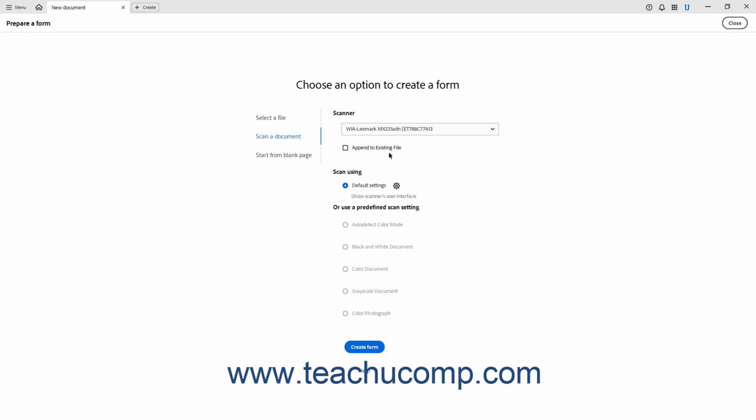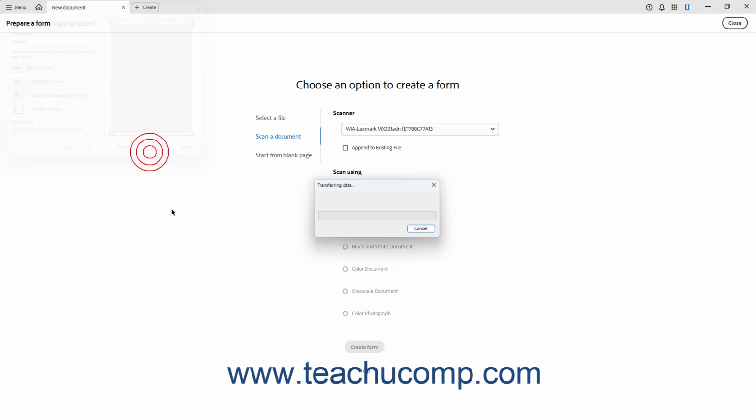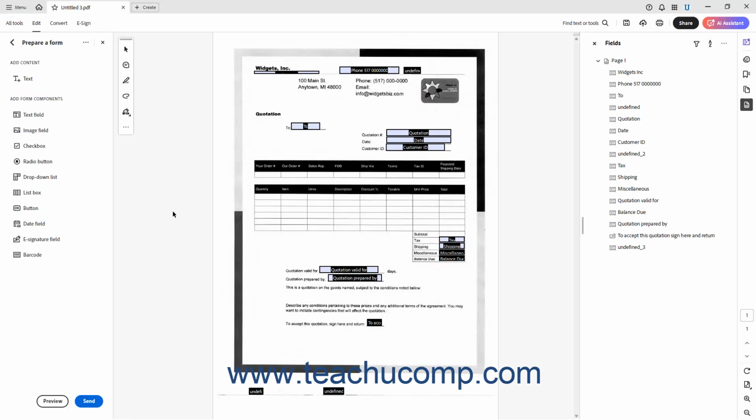Select the scanner from the Scanner drop-down and select the desired scanner settings in Acrobat as needed. To scan the document and create a form, click the Create Form button. Acrobat then scans the document, converts it into a form, shows it in the document window, shows the Prepare a Form editing panel at the left side of the window, and shows the Fields panel at the right side